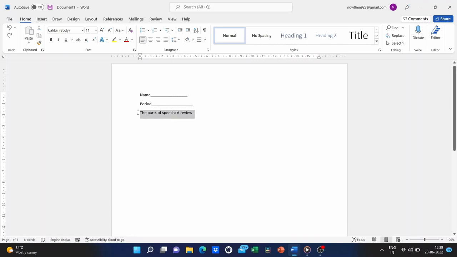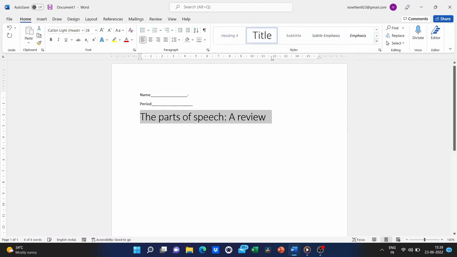So with just the text selected, I'm going to go here where it says styles, and I'll go to heading number 1 and you can see what it does. It changes the color, it makes it bigger, changes the font a little bit. There's also heading number 2 and several other options. Title would be a good one as well, and I'm gonna go with title.